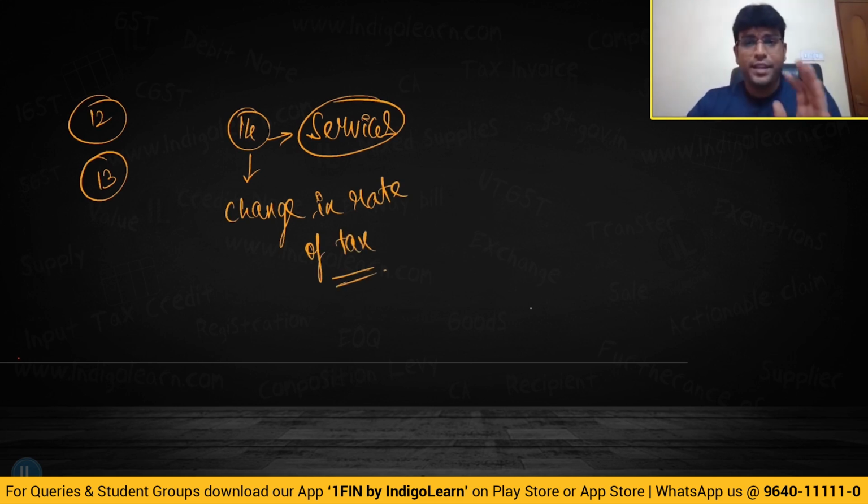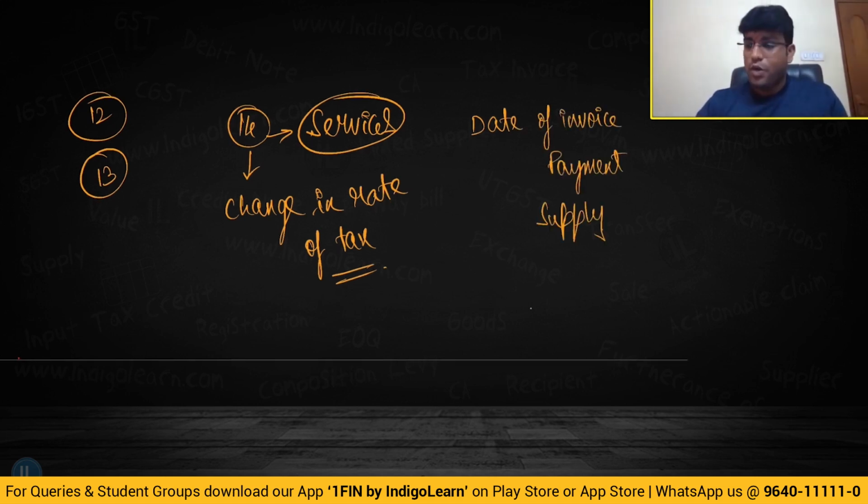When I talk about change in rate of tax, we have got 3 important dates. Date number 1, date of invoice. Second date, date of payment. Third date, date of supply. When we have got these 3 important dates, date of invoice, date of payment and date of supply, between these 3 dates, I repeat again,